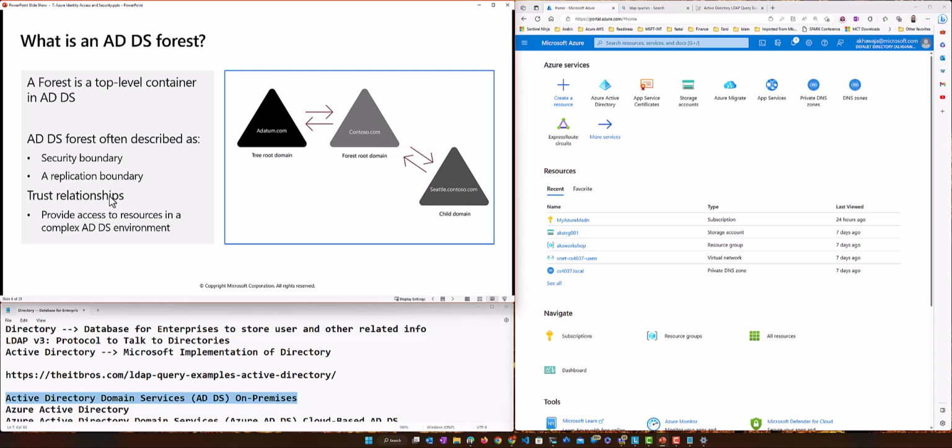With these trust relationships, it is like saying: you are coming from that domain, but this is our brother domain, it's under this forest also, so I can trust you. And somewhere I don't trust you at all, or I can have a one-way trust. That means this one can trust that one, but that one doesn't trust this one, right? So you can set up these kinds of relationships based on organization needs. And you can see that very similar concepts are in Azure AD also.